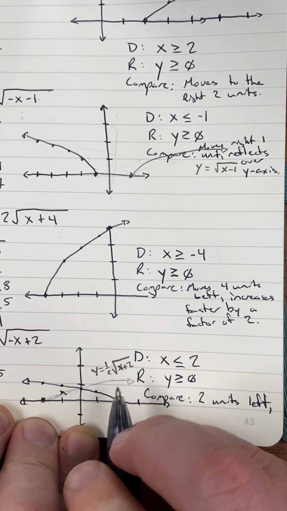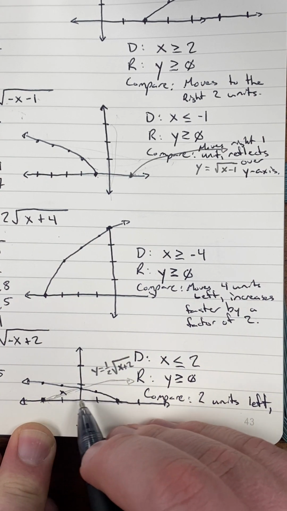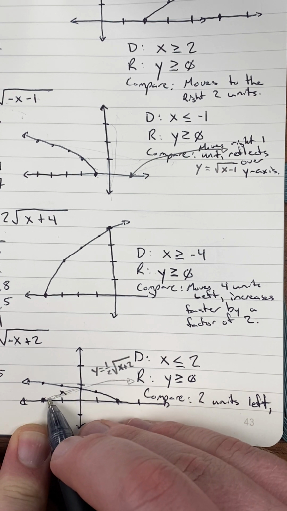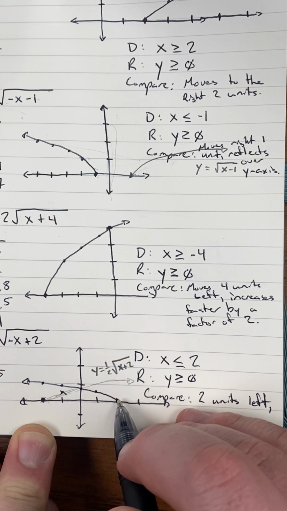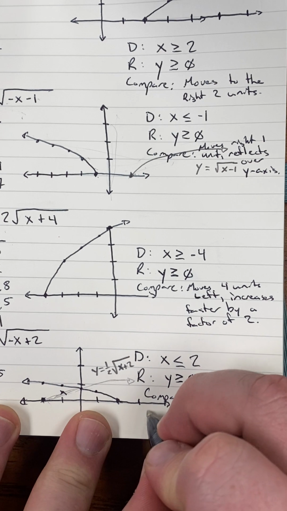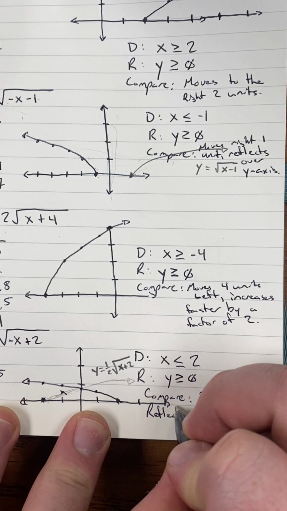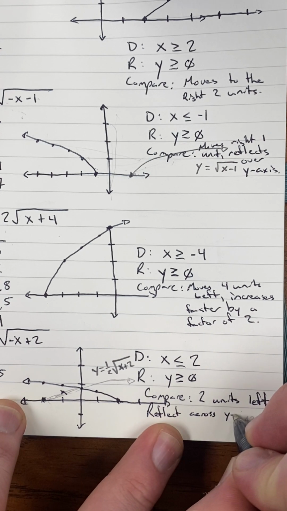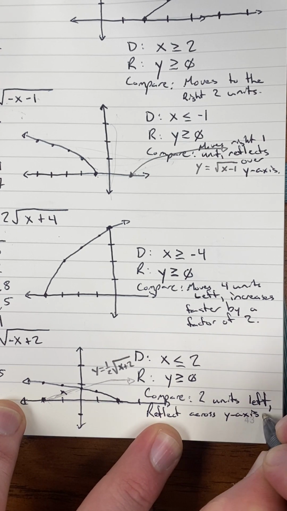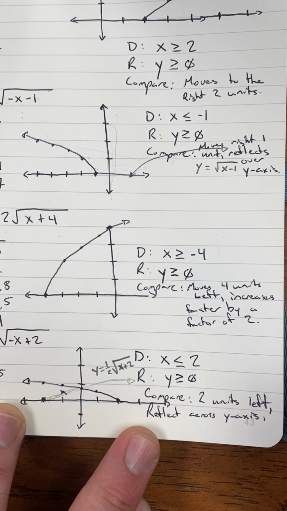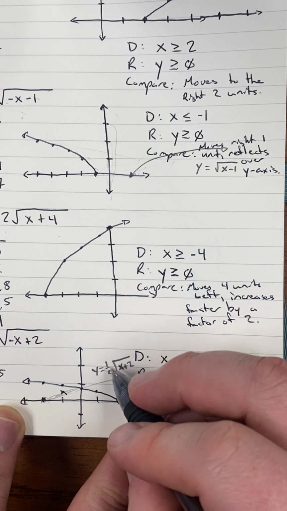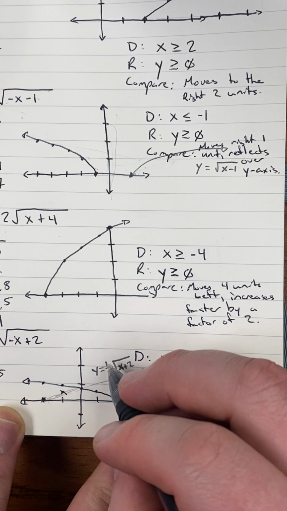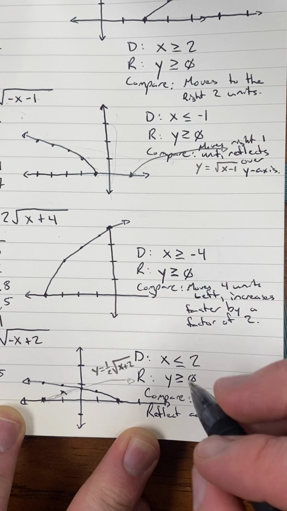Our next direction is after I've gone 2 units to the left. I am now reflecting across the y-axis, and then finally, now instead of going faster, if there's a fraction in front, I'm actually going